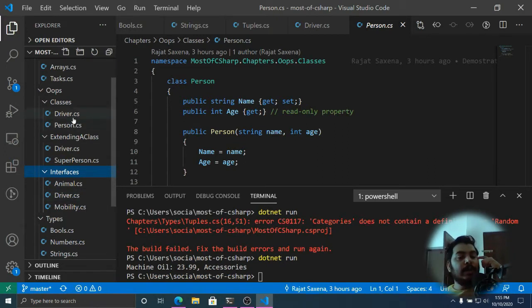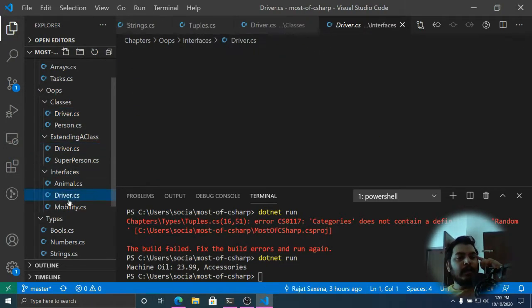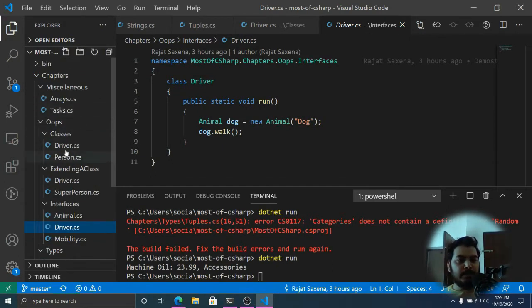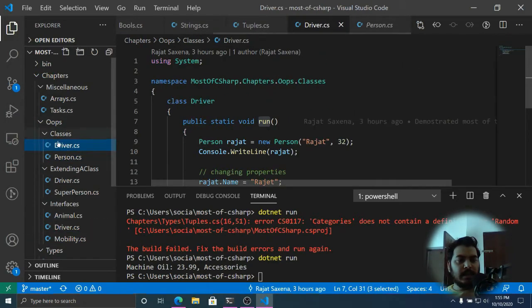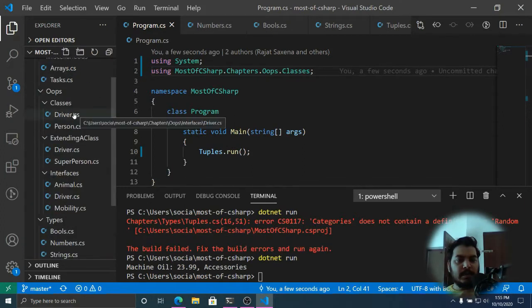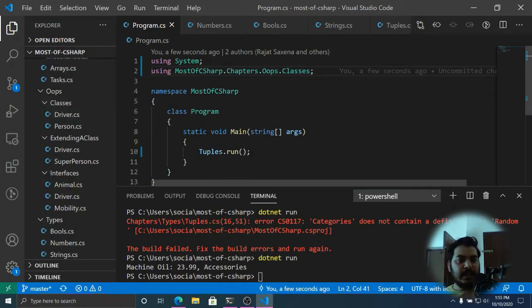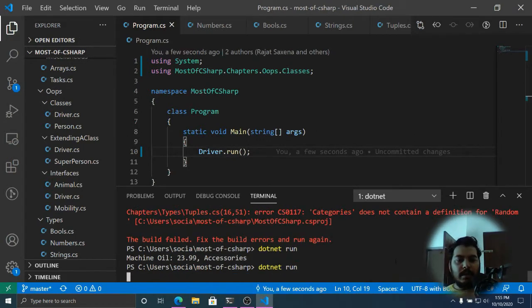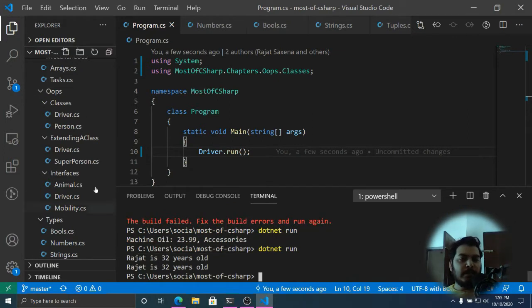You have to locate this driver program, which is located in all three of these subdirectories. So if I want to run this program classes one, I have to import the namespace up till classes, and then I can write driver run, and that will run my program. So let's dive into classes.